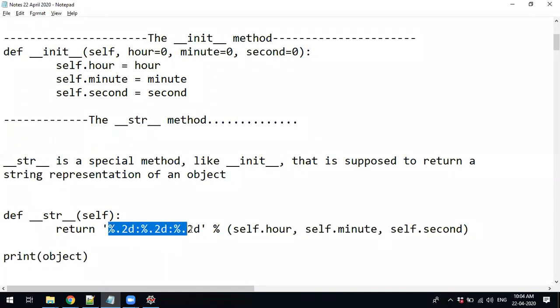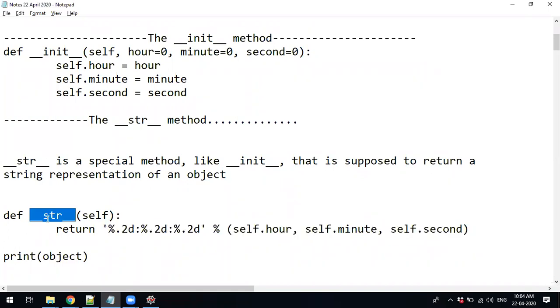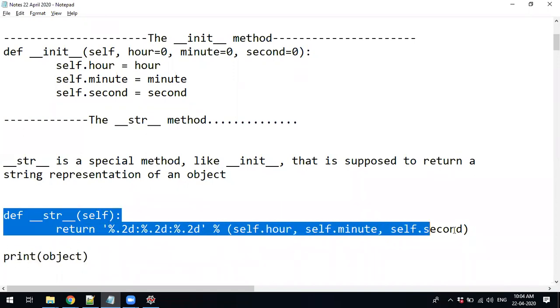In my case, I print the object attributes in some specific format. Since this is a time, it is colon separated: three values, hour, minute, seconds. You can also print any other custom messages, but you do not need to call it manually. Whenever you pass the object to print, the control goes directly inside this.